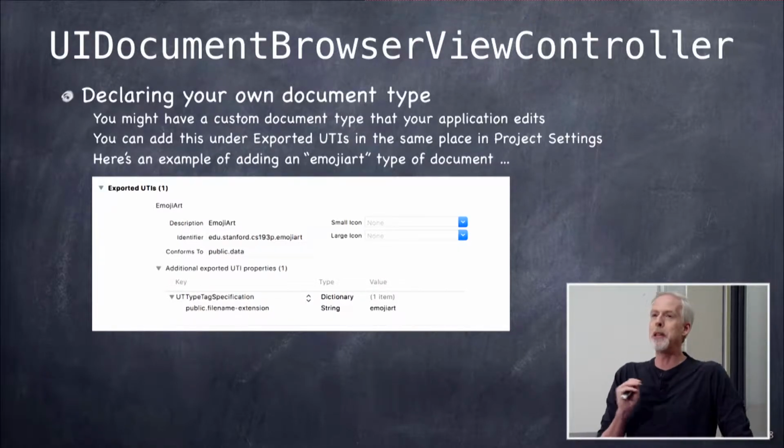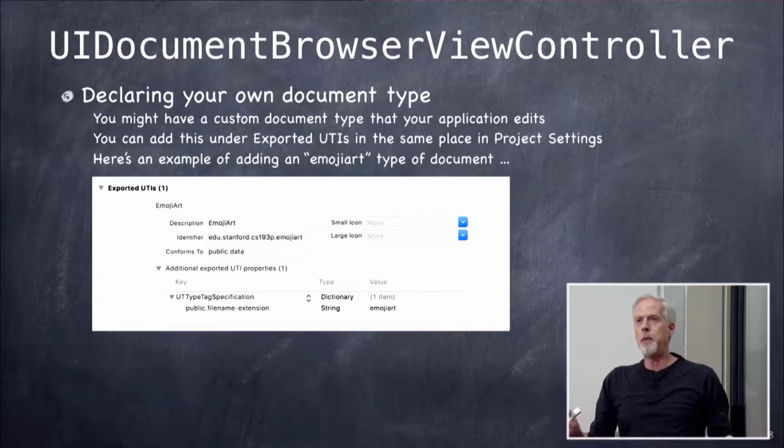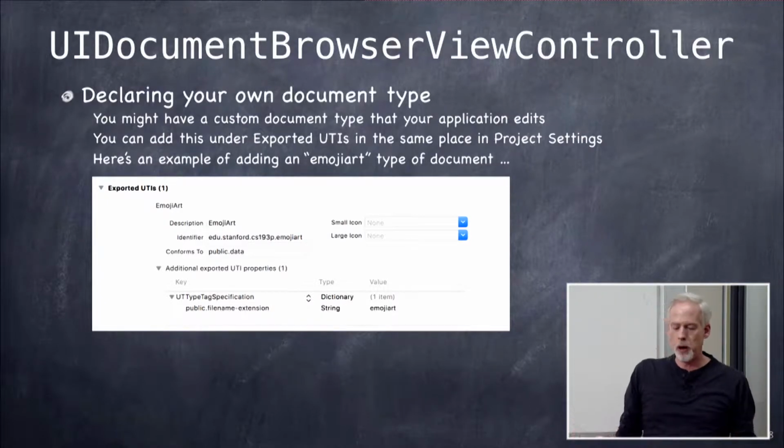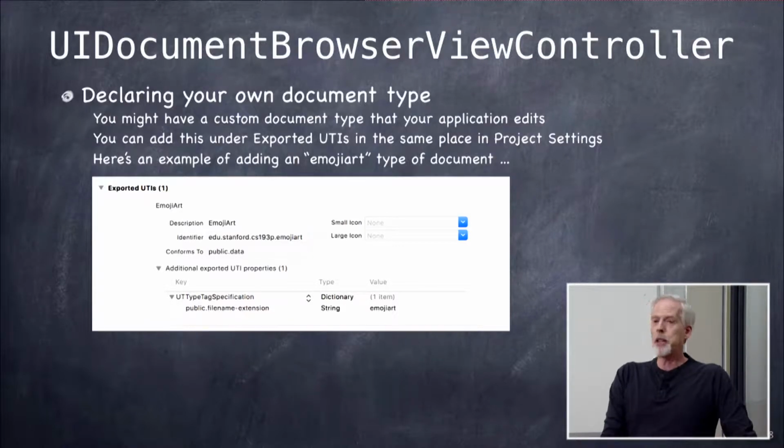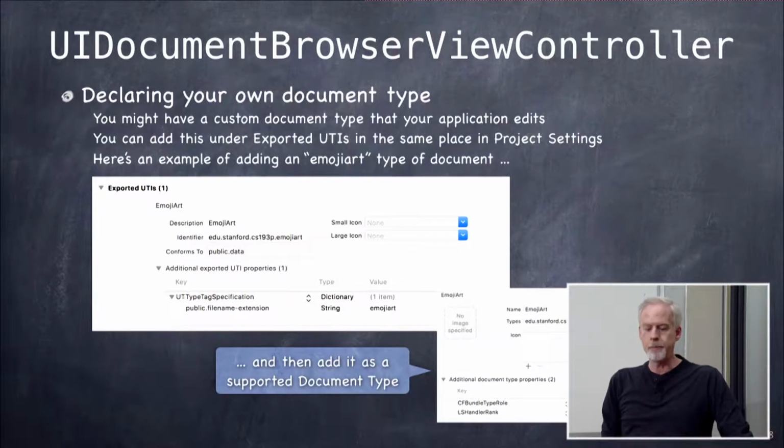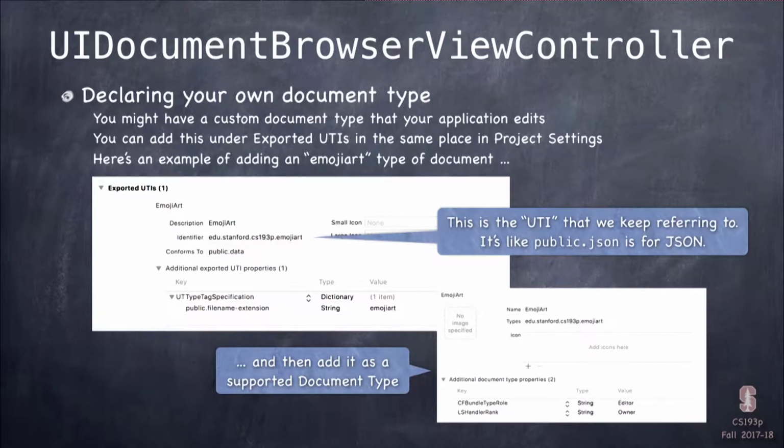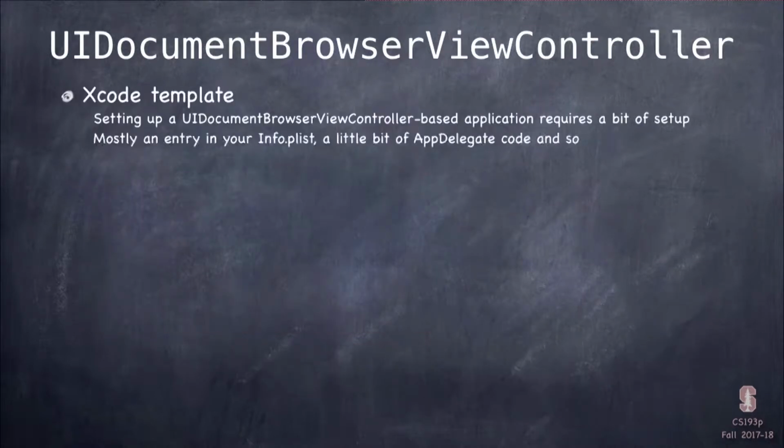That's very likely to be a unique type identifier. And I just have to specify a couple of things, most notably at the bottom there, the file name extension that goes with an emoji art. I picked .emojiart. Okay, and then once you set this up, you can go back up to the document types one at the top and add this as a document type that you open. Okay, just like that. And yeah, and I explained the UTI there. Okay, now